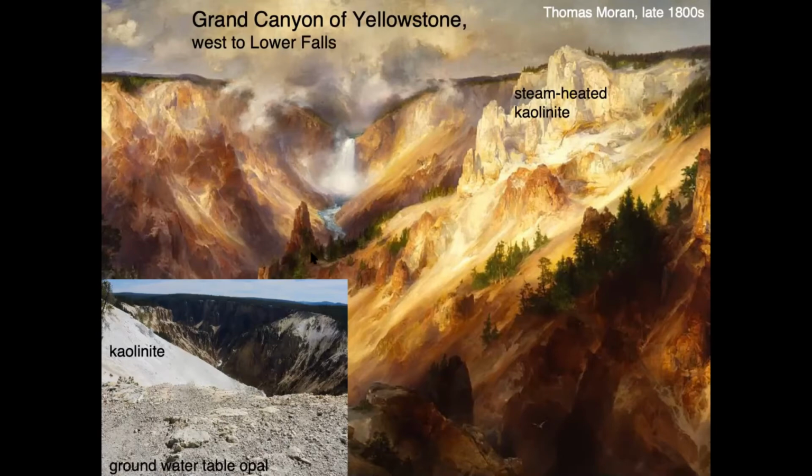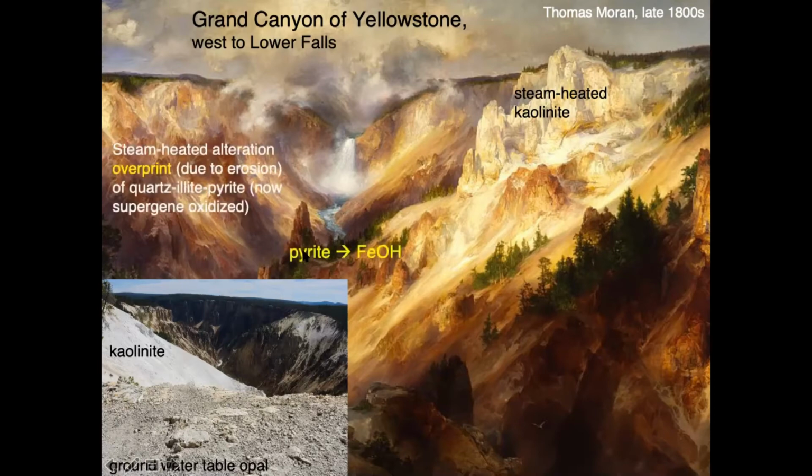There are hot springs forming silica sinter down in this river valley, and therefore the illite and pyrite alteration at depth that was formed below the steam-heated alteration now is being eroded, and as a result, the pyrite